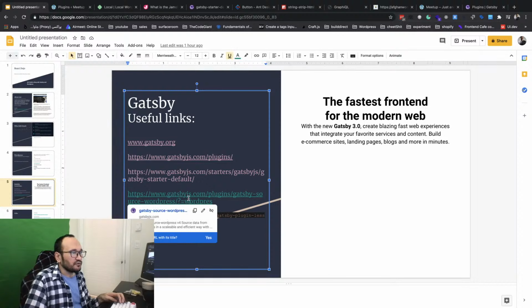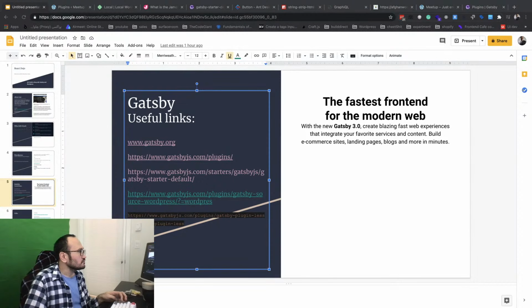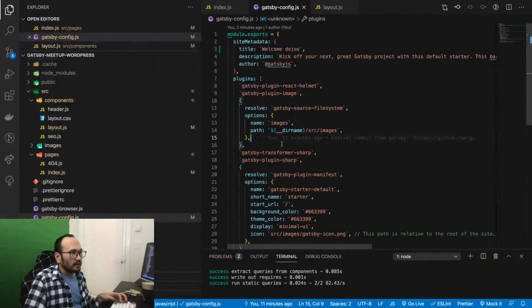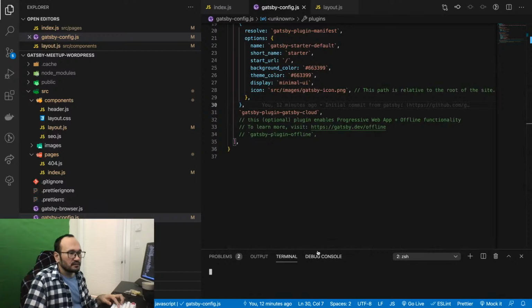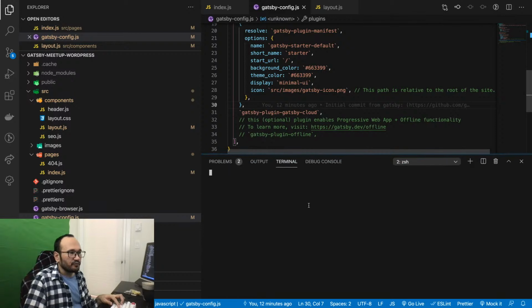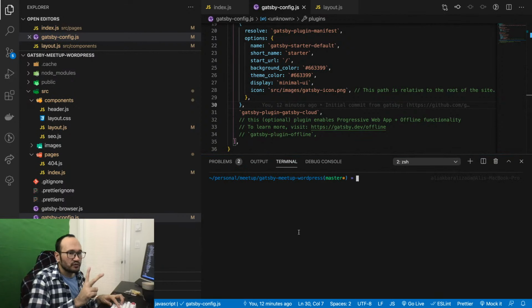So simply, what I need to do is add the new plugins to the Gatsby project. So we need different plugins, so I'm gonna install all the plugins we need.